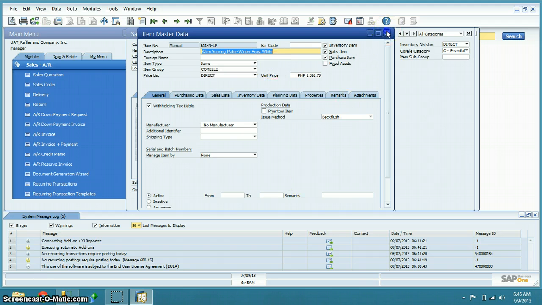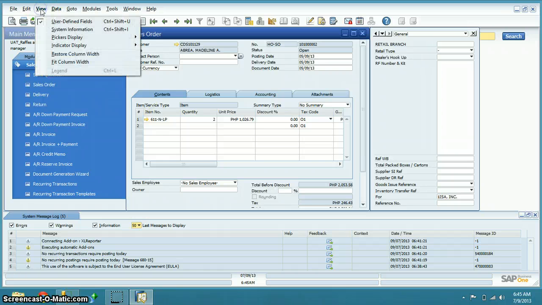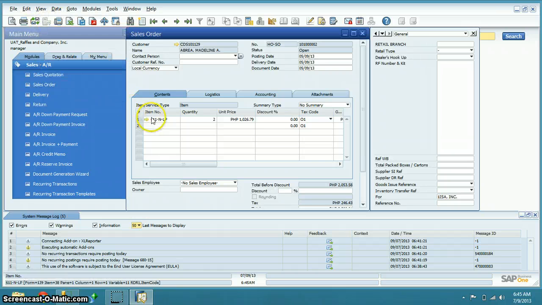Okay, then after that, to show where these details are located, we're going to click view and system information. So as you can see, the name of the customer is located at ORDR card name.